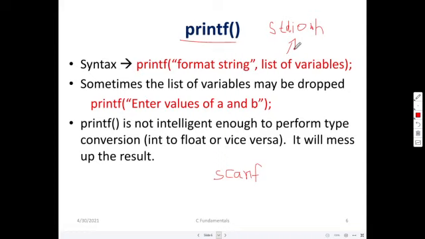That line is not mandatory. But if you want to give some input to the program, or if you want some output to be displayed on your VDU, visual display unit, then you have to use scanf and printf functions, which are called library functions. All those functions are available in this header file.